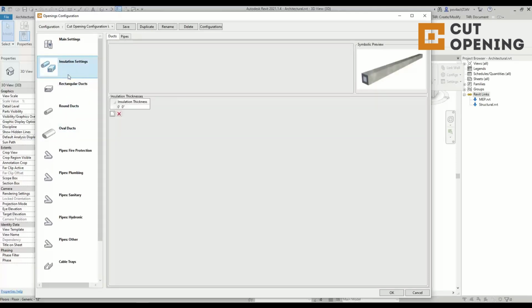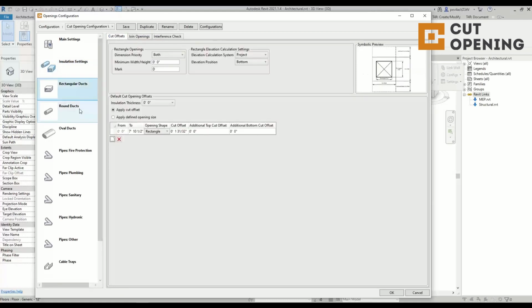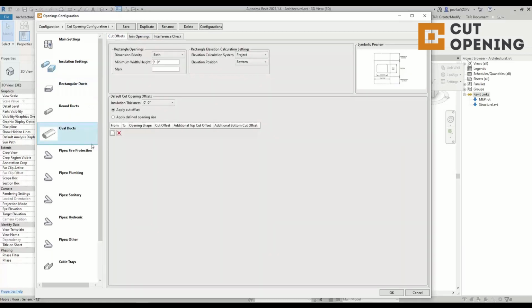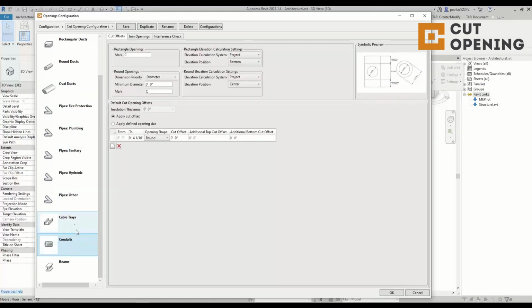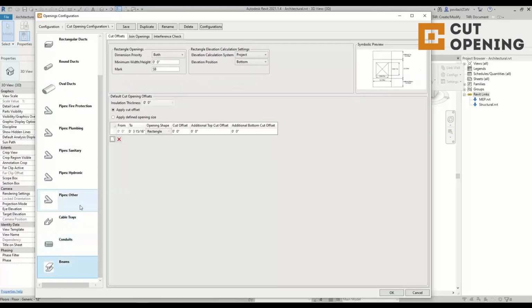So we're looking at insulation parameters for ducts and pipes, rectangular, round, and oval ducts, pipes and conduits, cable trays, and beams. So all these elements can be clashed with your given information, and you can insert openings. And you can add additional parameters like offset from the face, your mark value, minimum width and height at which a rectangular opening should be inserted,